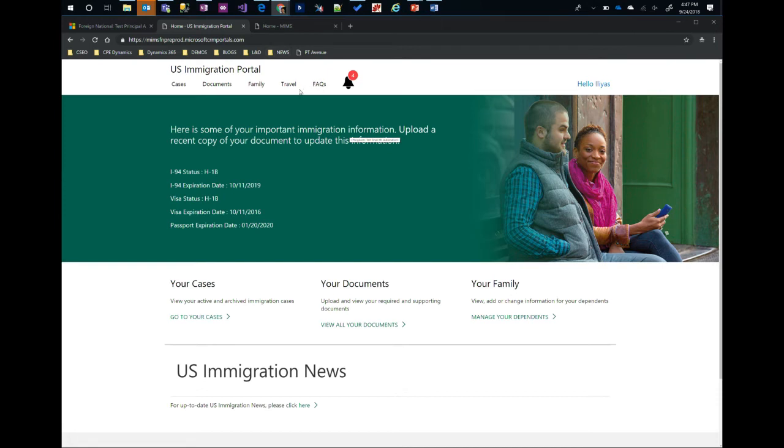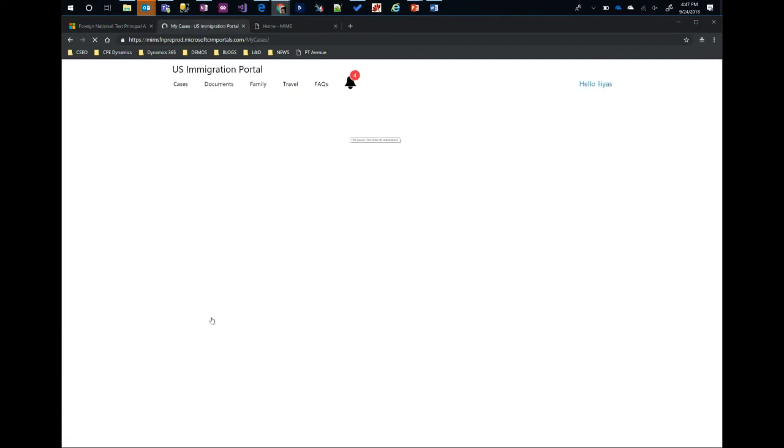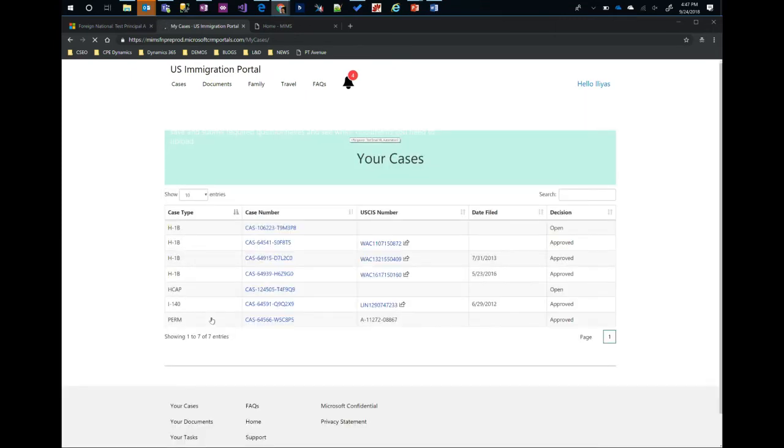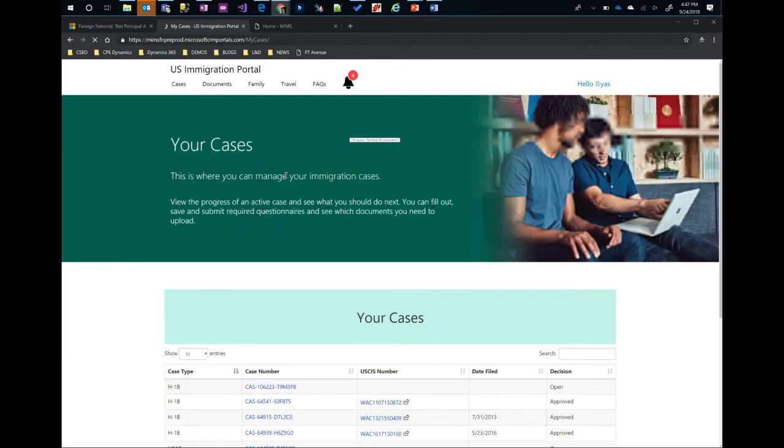After looking at that, I can go in and look at my cases, which means I can look at the cases which are open for me, which the attorneys are working on. In the previous scenario, the employees had to go back and forth over emails to find out the status of their case, in terms of where their cases are residing. Now, because it's all in one place, just by one click, I can look at what status my current case sits in. I can also look at the documents which are required from me.